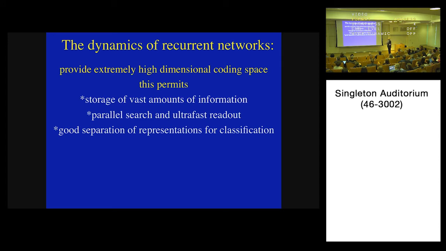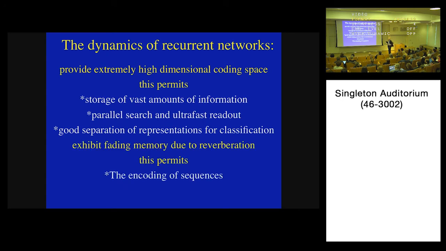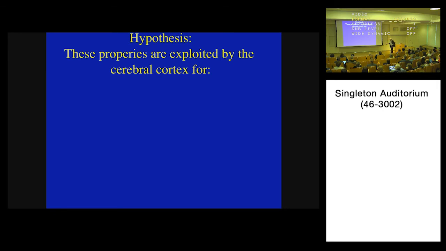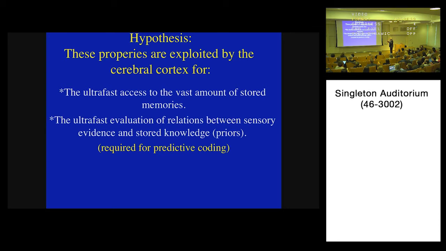Because of their high dimensionality, they allow for good separation of representations for later classification. This is trivial. And recurrent networks exhibit fading memory due to reverberation. And this permits the encoding of sequences, which is also something that one would like to have. So the hypothesis that I want to propose and then substantiate with data is that these properties may actually be exploited by the cerebral cortex. First, for the ultra-fast access to a vast amount of memories, and then for the very fast evaluation of relations between incoming sensory evidence and the stored knowledge, the priors, the stored knowledge that resides in these weight distributions of the tangential lateral connections,